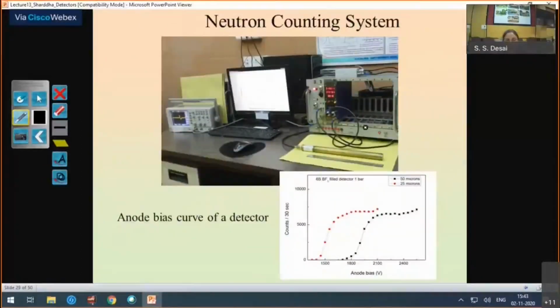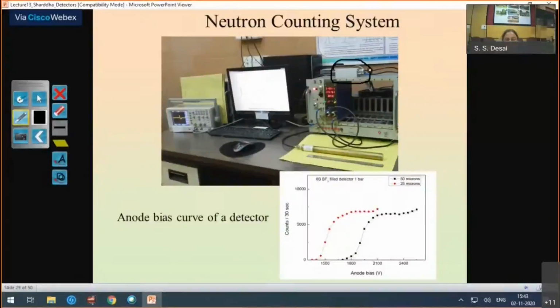So this is just a small picture of how we can see a counting detector. This is a 30 centimeter long neutron counting detector, usually used for neutron monitoring, with supporting electronics. Just to give you an idea, we have seen the block diagram, this box is a